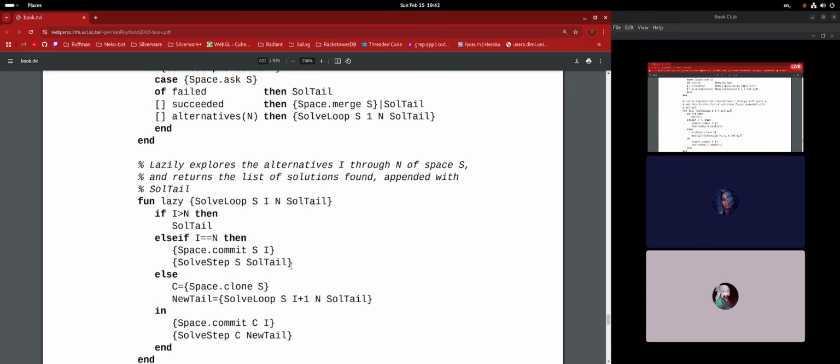that does the thing. Okay, we have the case where I is greater than n, which lazily explores the alternatives I through n of space S and returns a list of solutions found, appended with solve tail. Yeah, so this means that you're done. Yep. This is the last alternative of the choice. Yeah. And then this means that you are not done at all and you have to proceed. Yeah. And then